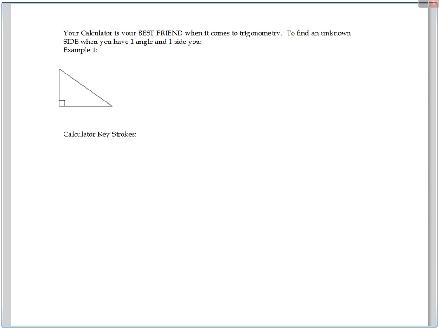Okay, so going into the next section, 2.2, problem solving using the tan ratio. Do you need a book? Where's your book? Okay, so what does this say? Your calculator is your best friend when it comes to trigonometry. To find an unknown side when you have an angle and a side, use